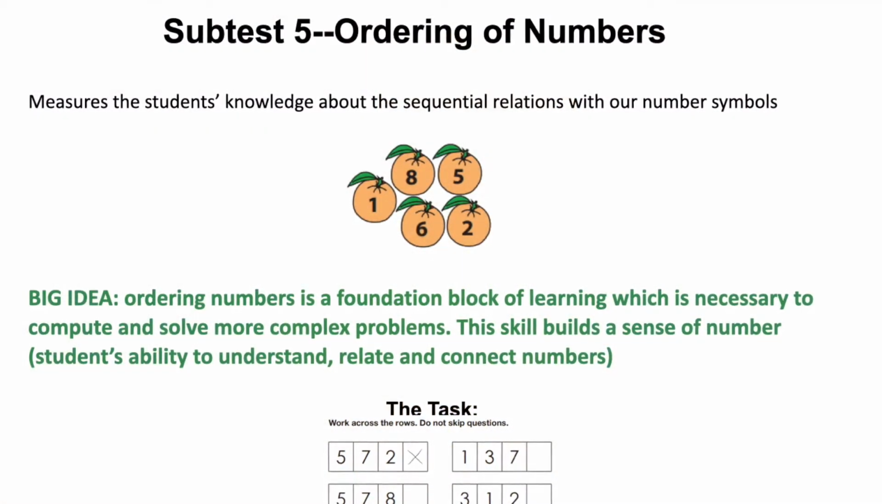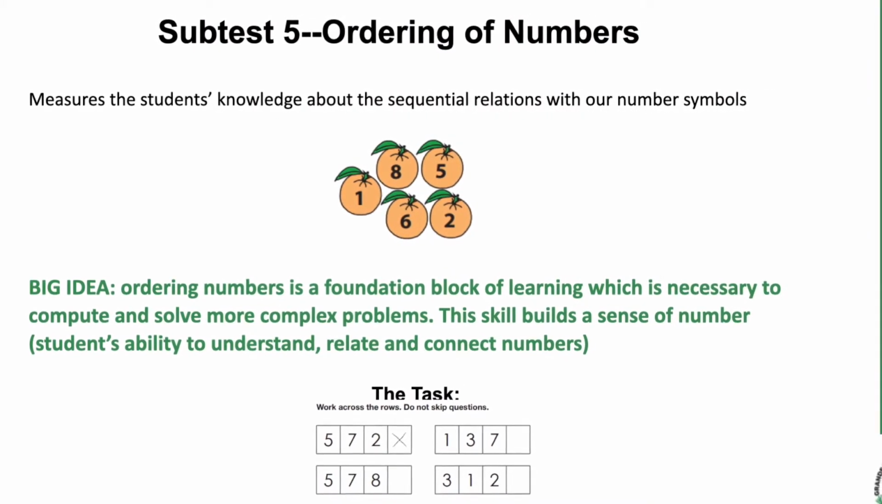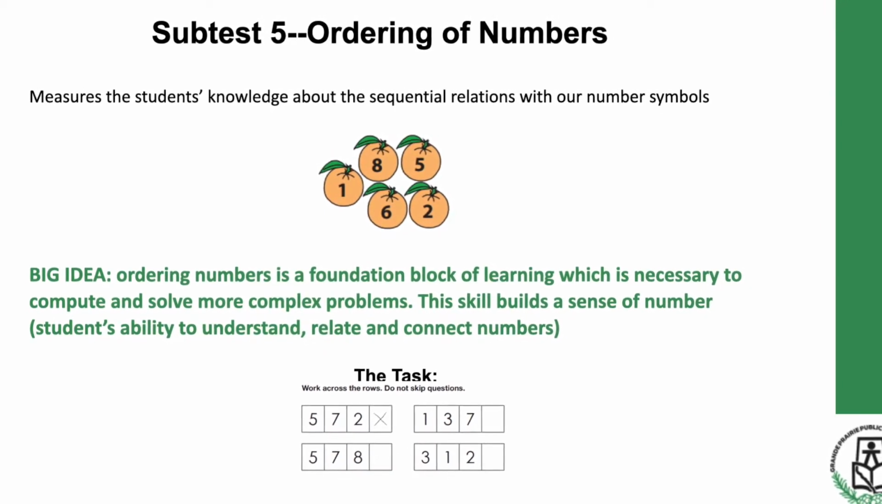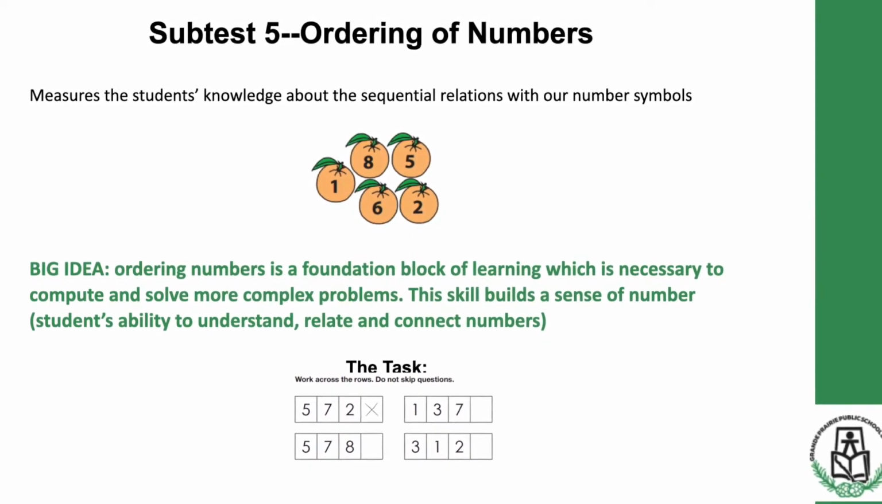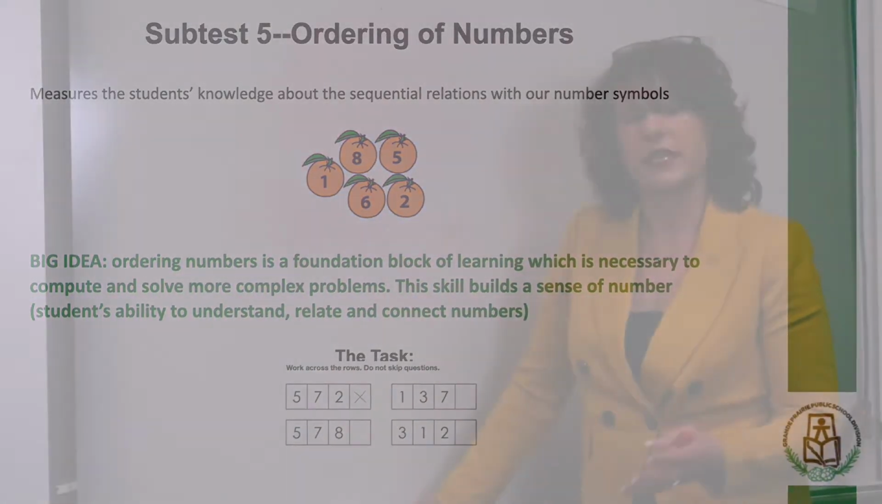The fifth subtest that we were looking at was called ordering numbers. What that subtest was for was to measure students' knowledge about sequential relations within our base 10 system. So the big idea was for students to be able to order numbers in our base 10 sequence, but not necessarily neighboring numbers. Students were expected to decipher whether a series of numbers was in proper sequence, either ascending or